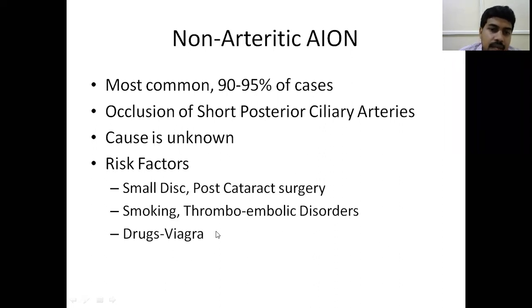And similarly, drugs like Viagra. Viagra is the trade name and the chemical name for it is sildenafil. So these are a group of hypotensive drugs. Usually they are phosphodiesterase 5 enzyme inhibitors. Phosphodiesterase 5 is an enzyme which causes vasoconstriction. So Viagra is the trade name for the phosphodiesterase 5 enzyme inhibitor drug known as sildenafil. The other drugs in this group are sildenafil, tadalafil, vardenafil and so on.